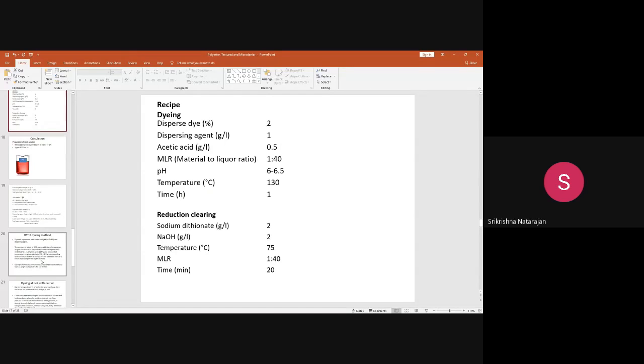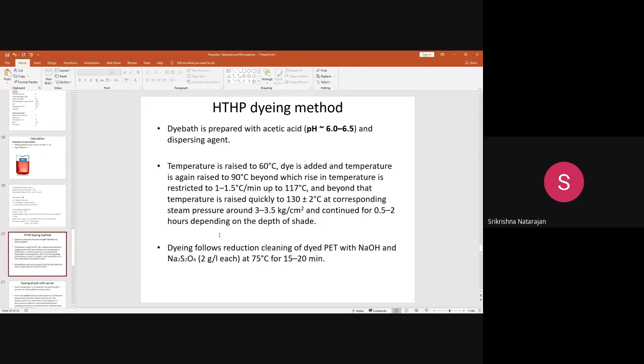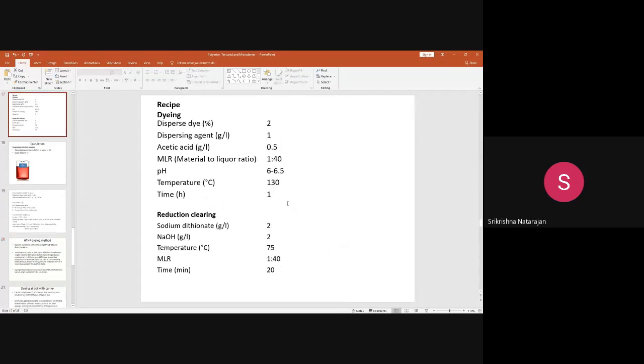So for example, let us assume your dyeing is started now. You will slowly raise the temperature from 40 degrees to 60 degrees with some gradient, so that this much degree temperature rises in this much time, slowly, so that when it reaches 130 degrees centigrade, you keep it at 130 degrees centigrade for 1 hour, and then your dyeing gets completed. After the dyeing gets completed, you just drain out the liquid.